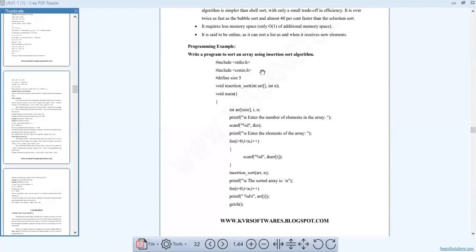Here conio.h, console input output, is another header file. For output we are using conio, and the define is a constant value.